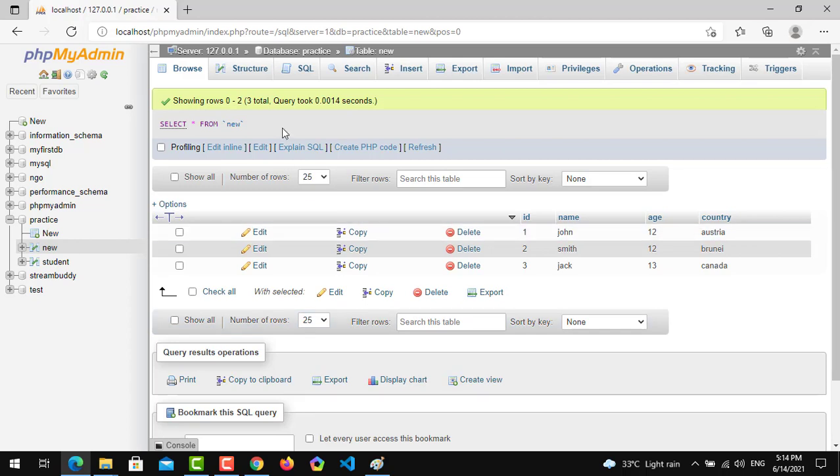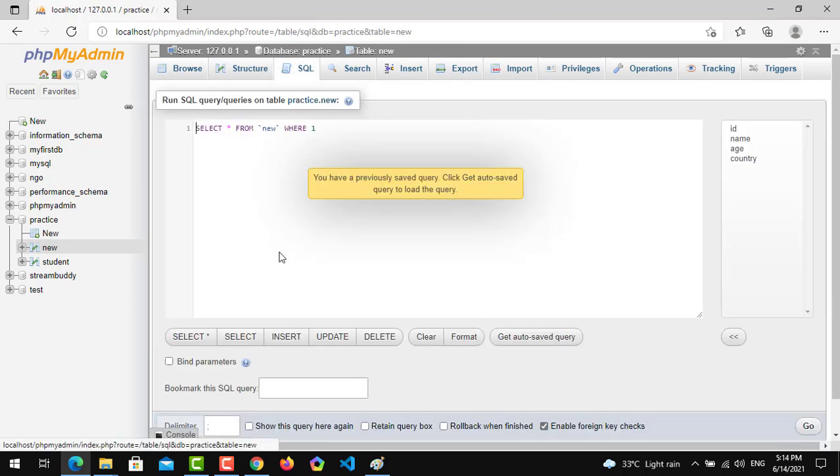Now we have to display specific data. For that purpose we have to use the select query: select star from table name new, where. Now, let's suppose I want to check the data of the students whose age is 12, so what should I do?